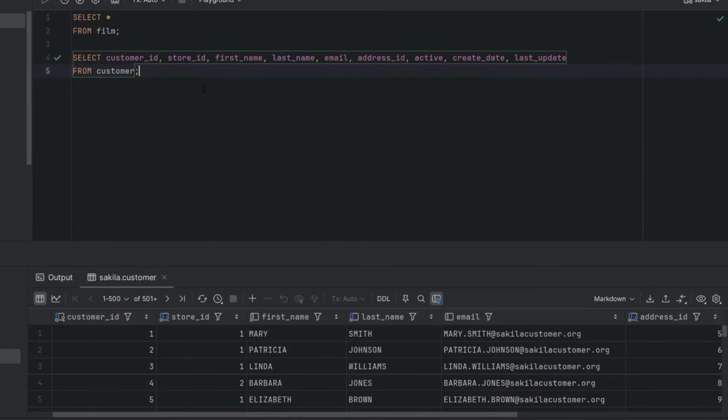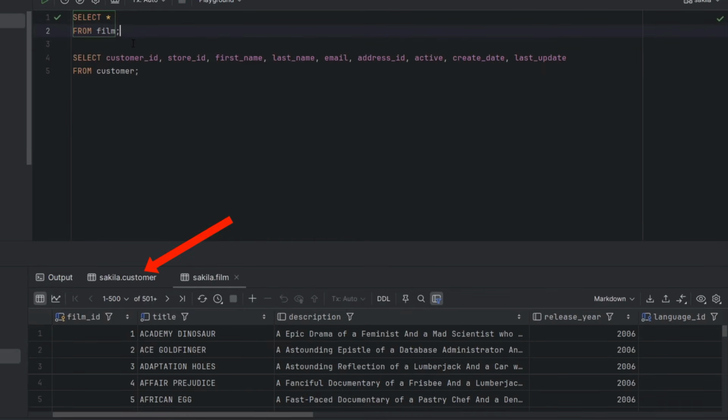You may have noticed that when you run a query, the results of the previous query are removed. This happens by default. If you want to keep the results tab between queries, you can pin the tab. Click the little pin icon here and the tab is pinned. We can run another query and see the results for this query are shown. We can also see the results from the first query are still shown.